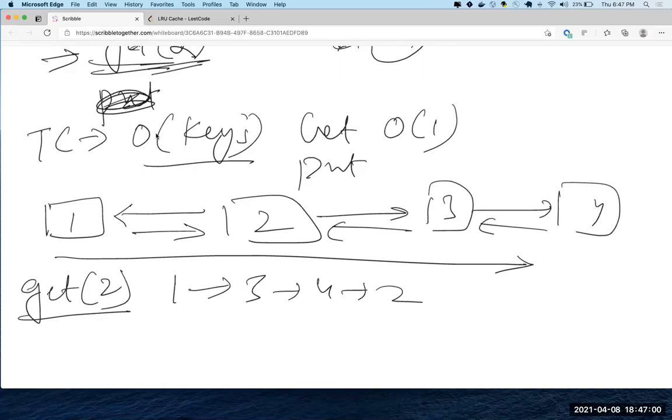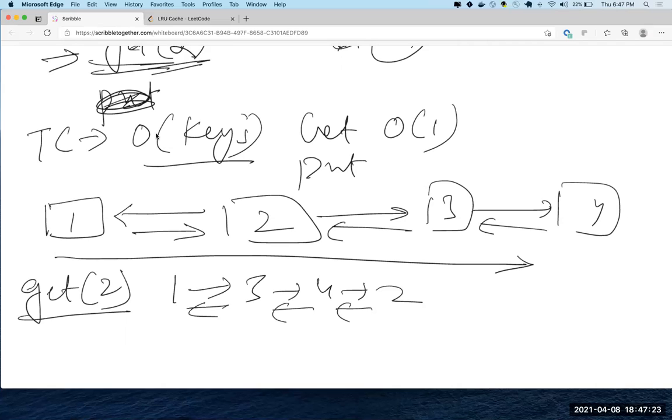I'm trying to think, because if we do a put on this, I mean, yeah, it'll work. I think it's just that every time you'll be iterating from the beginning of the list. If I want to evict a least item, in this case we are evicting the first item.